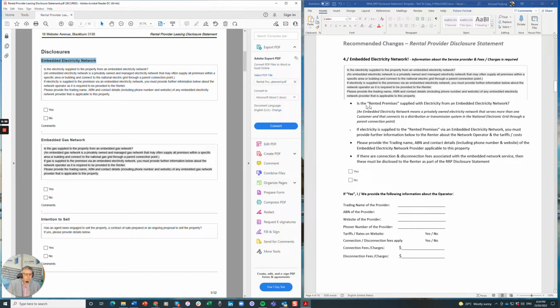Is the rented premises supplied with electricity from an embedded electricity network? That's it there. And then I don't know if you can use italics. You may be able to inside the boxes, but if not, if you can, then that's great. That goes in